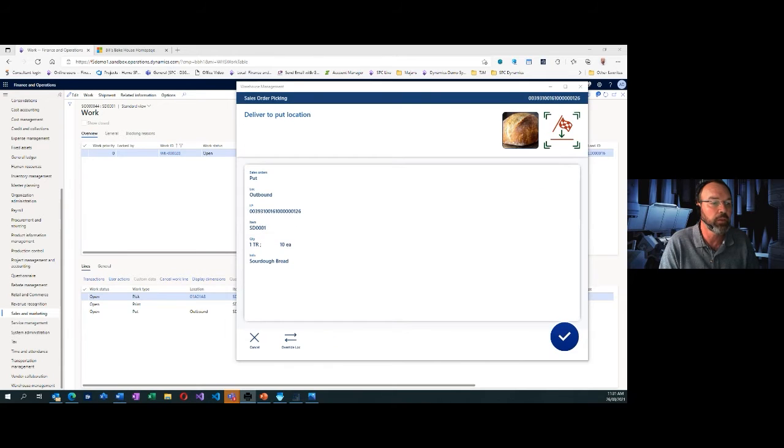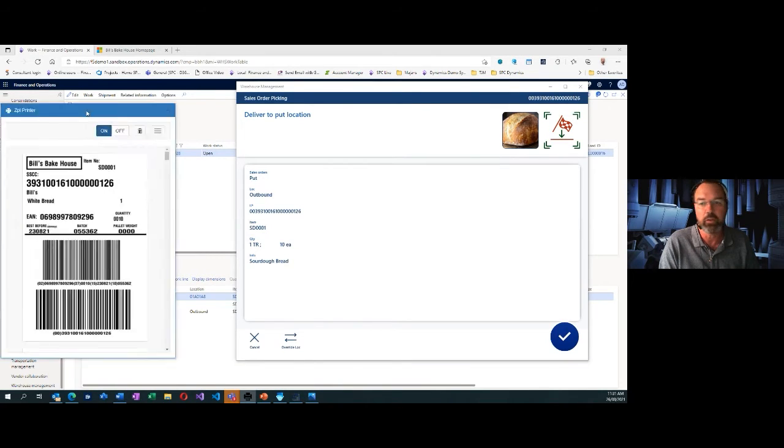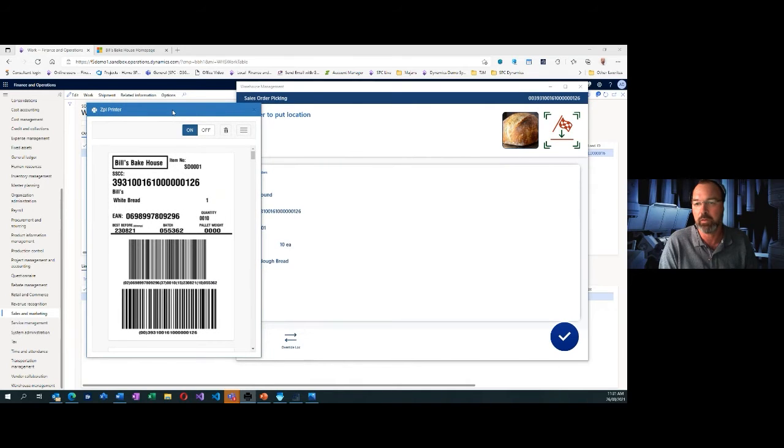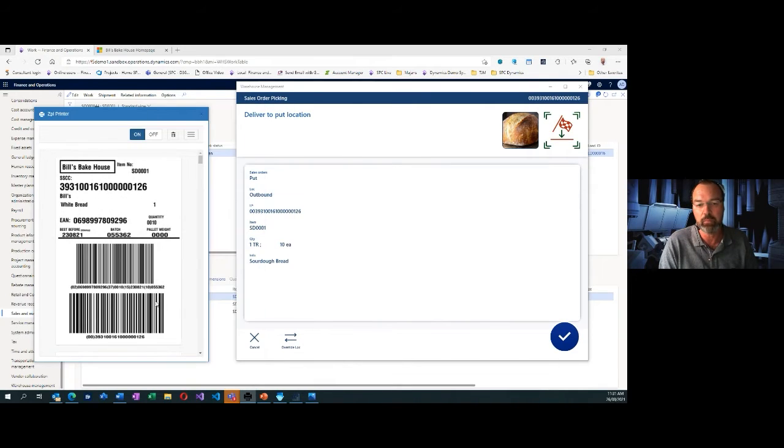And you'll see there that it's now picked it. So it says it's now ready for me to go and put it out to the outbound location. And you'll see at the same time that it's just printed a new label to go on it. So this is the new SCC label for the items that we're picking. So it's quantity 10. One item is the quantity item type, and this is the SCC label that's associated to it. So now if I go complete,